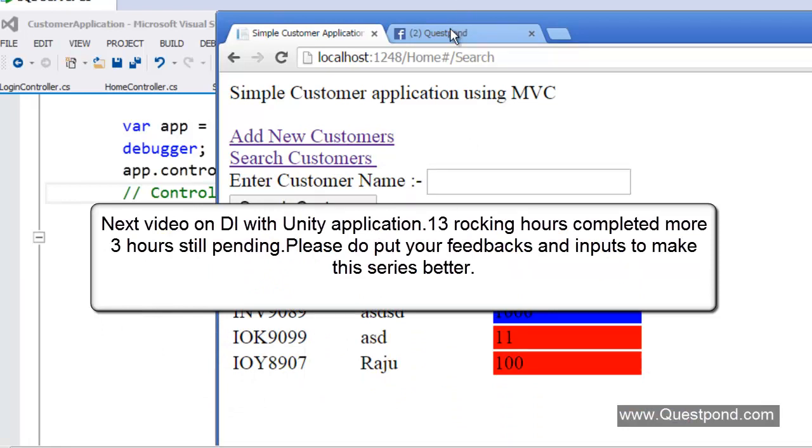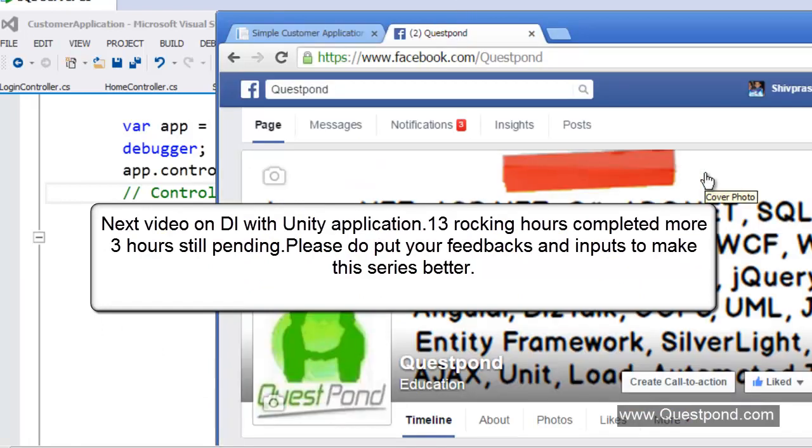So that brings us to the end of lab 30, which also concludes our 13 hours of training, approximately 13 hours of training, and we have 3 more hours still pending. Okay, now the next lab is on dependency injection. So in the next lab we'll see how, by using dependency injection and the Unity application block, we can create an architecture where when you modify at one place, it does not get modified all over the places, right? So how we can contain the changes at a certain section rather than making those changes replicate all over the project.